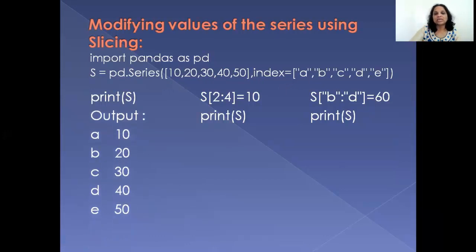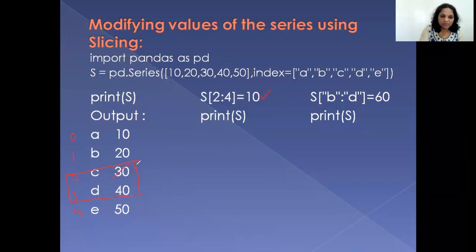Okay, now it says S[2:4]. So I'm using the slicing method to extract elements at index number 2 to 3. Let me just give you their positional indexes as well. So 2 to 3, it's slicing out these elements, and these elements are given value 10.